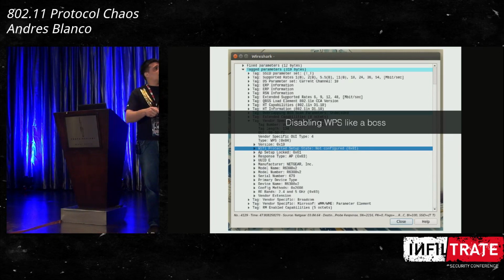It's funny because the structure that sends all this information from your device will say, okay, I have disabled the protocol, with WPS state: not configured. It says that it's not configured, but it's still sending all this information. So maybe you are protected from PIN brute force attacks or push button configuration race conditions, but you will again be leaking all your information that could be used for other types of attacks.